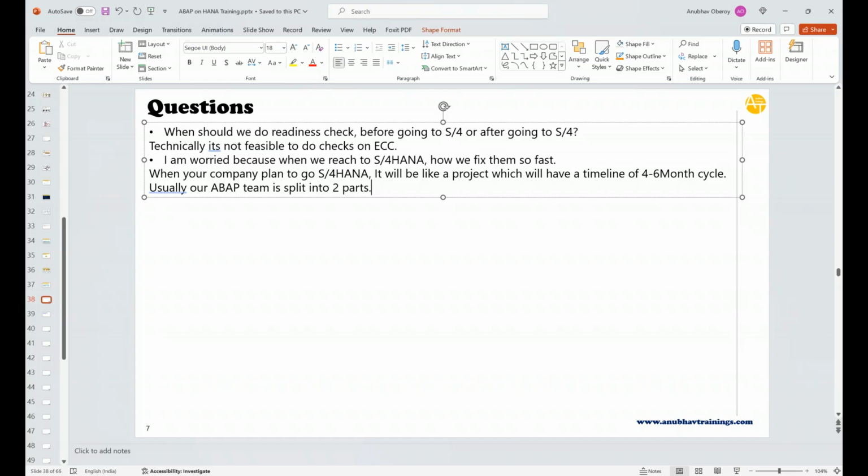Now the first 20 developers will do the maintenance of ECC as usual, business as usual. Yes, but not develop new functionality. So they will halt the new developments. Why? Because that is the only capacity they have, right? They can't do development, and they will postpone their development until they are live on S4. And the second part